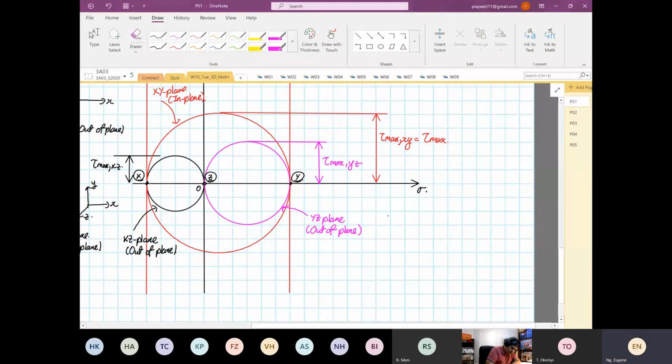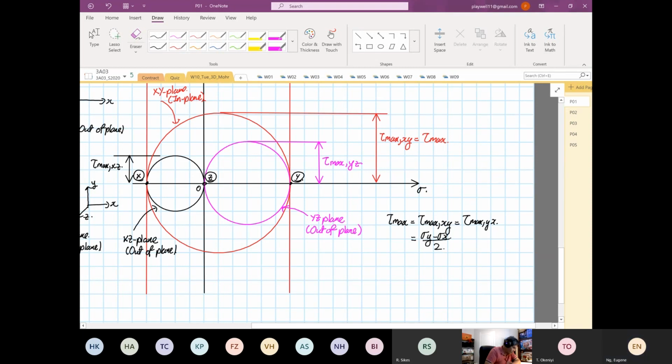So shear max changes to shear max XY, which is equal to shear max YX. So for this case, our shear max, the formula now changes, will be stress Y minus stress X